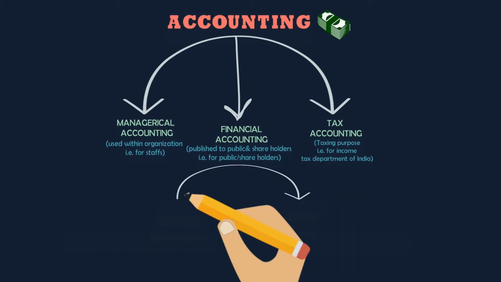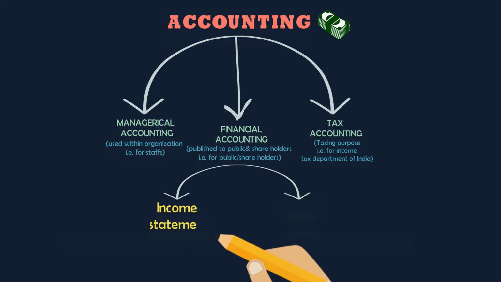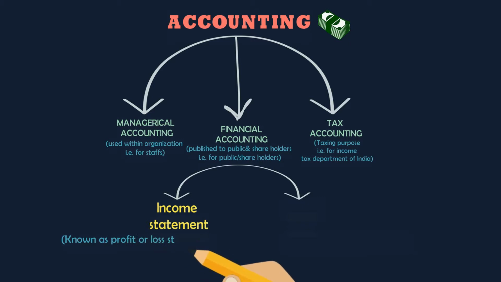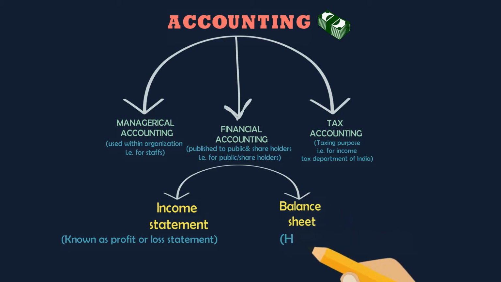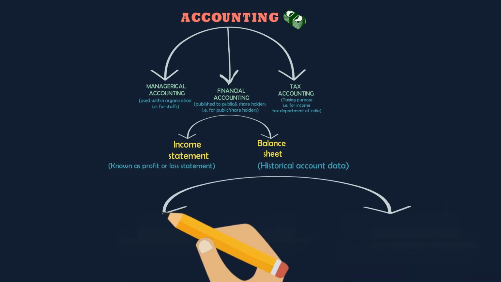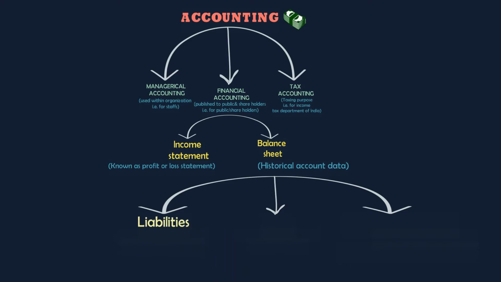In financial accounting, there are two ways of doing financial accounting. One is income statement, which is also known as profit or loss statement. And the other one is balance sheet. So obviously a balance sheet is a historical data of companies' spending and earnings. So in balance sheet, we consider liabilities, that is, liabilities are something that is debt of the